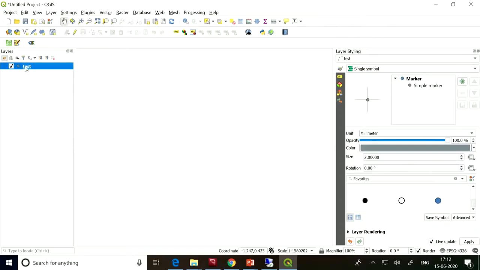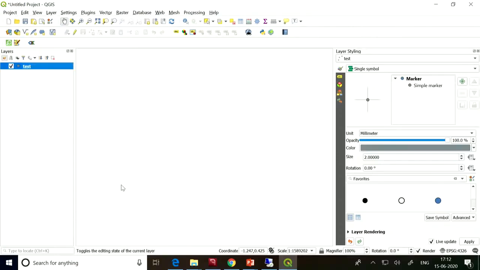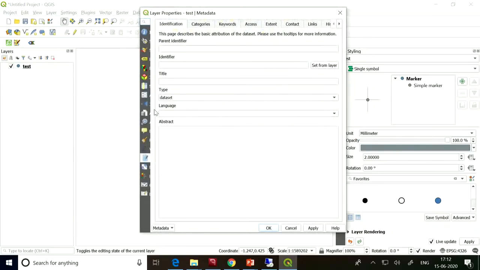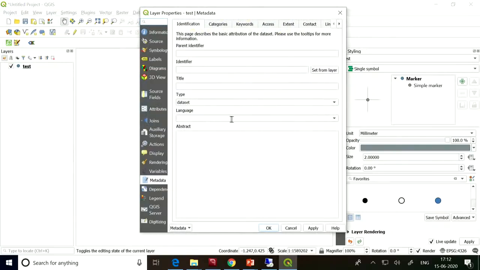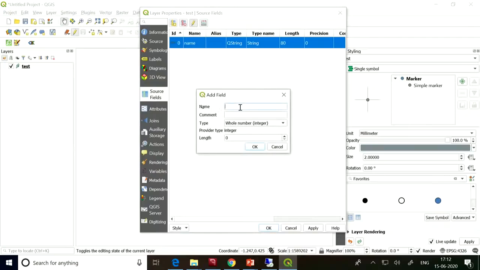Now I have a layer. So I simply create a layer for data collection, right? So I can go to properties and see what are the different fields here, right? So if I see fields, there is only one field. So I want to create some more fields. So I'll start editing. I will add one more field, say live pick. I will make it text.